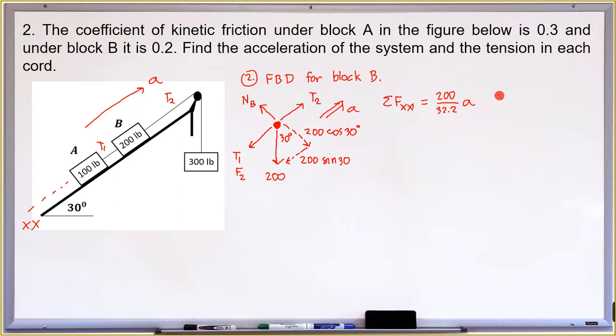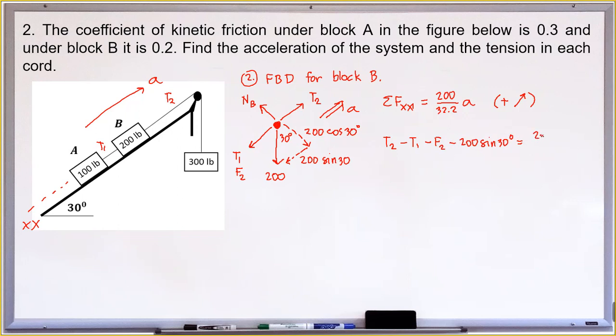And then next, take positive if it is directed upwards along the inclined plane. So what is the only upward force? Only tension 2. So tension 2 minus tension 1 minus the friction minus the component of the weight,